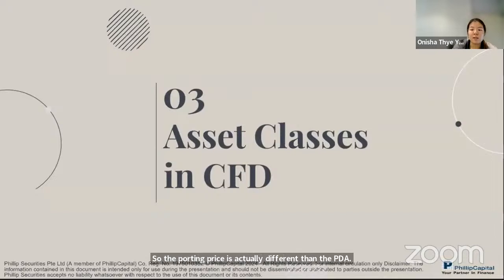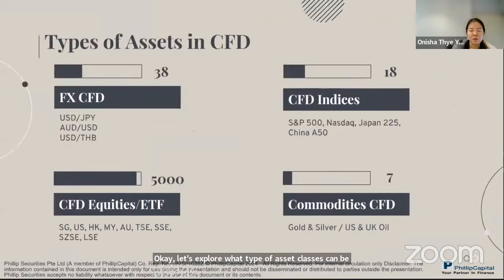Okay, let's explore what types of asset classes can be traded in the form of CFD. Here we have different types of asset classes: FX CFD, CFD indices, CFD equities, and commodities. For FX CFD, we have main pairs to exotic pairs, depending on what you want to trade. We have USD JPY, Australian dollar USD, and USD Thai baht. And for CFD indices, we have S&P 500, NASDAQ, Dow Jones, Nikkei 225,